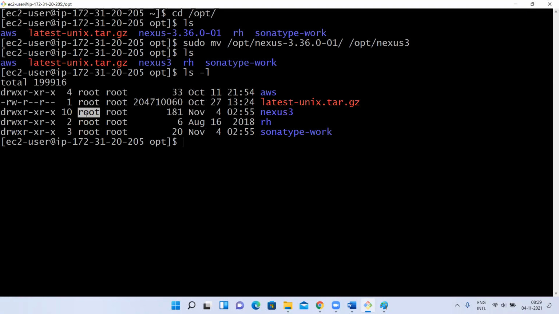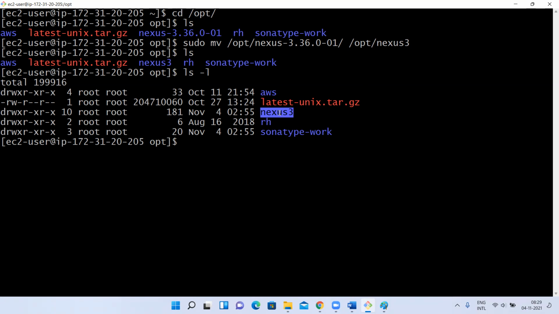I don't want to use root, so I'll use the ec2-user, or else I'll create a separate user with useradd, something like sonar. I'll create one user. In general, if you want, you can create a separate set of username and password to handle SonarQube, Nexus.